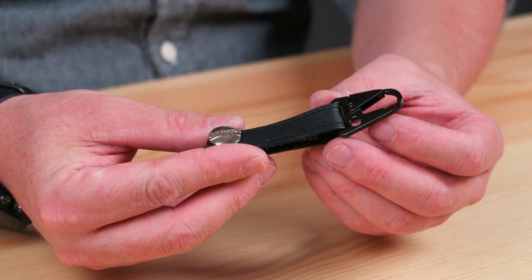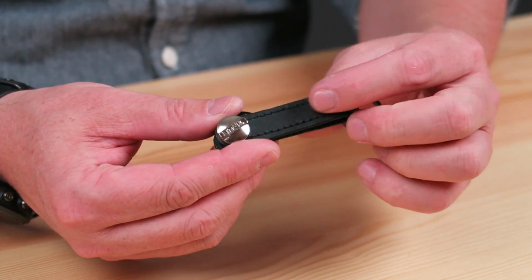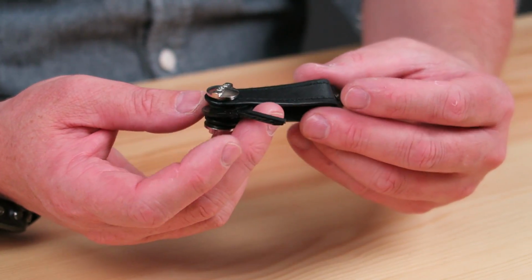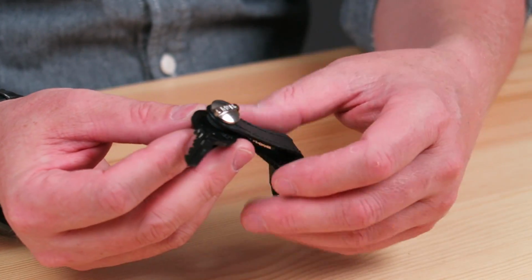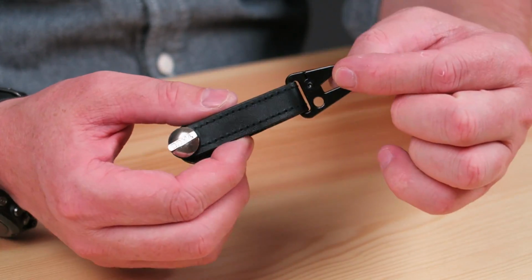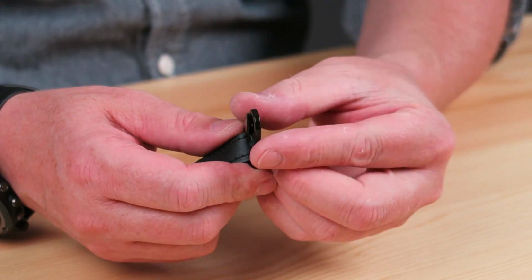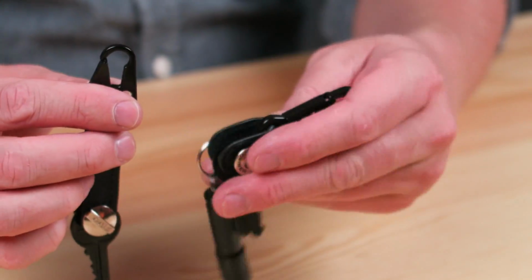Here's another keybiner from them, and this is just their key organizer in Clasp. You got a little bit larger leather fold over here. This one also will hold 1 to 4 keys. Again, it's got that nice tightening device on it, so you can easily change out keys or tools or whatever else you wanted to put in here. Again, these will work with all the other key organizer accessories and also True Utility accessories. It's got a smaller version of that gate clip here, so just a little bit different style from the one